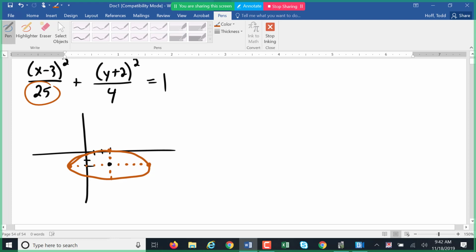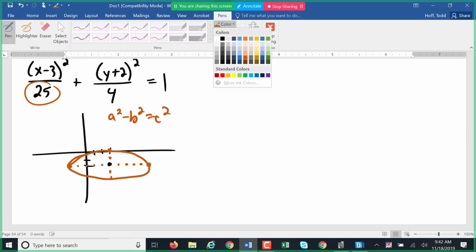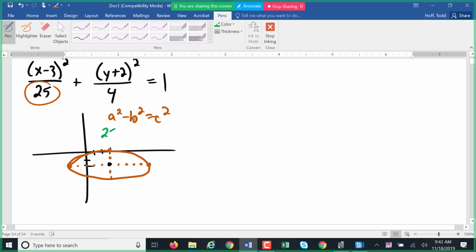If I wanted to find the foci, a squared minus b squared equals c squared. A is the longer one, so that'd be the 25, minus the 4 is 21. So c squared equals 21, which means c equals the square root of 21, which is 4 point something. So that's going to be somewhere in here